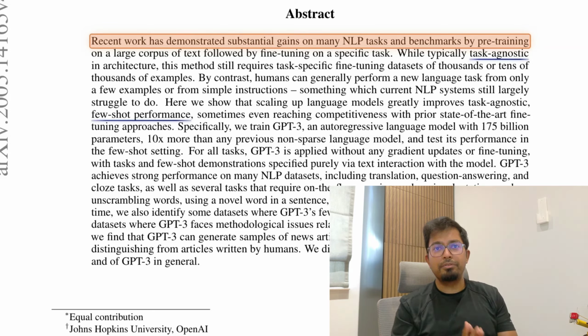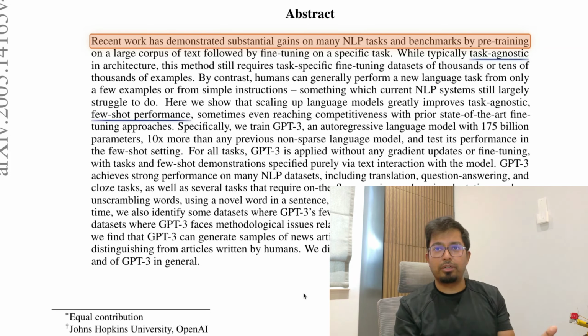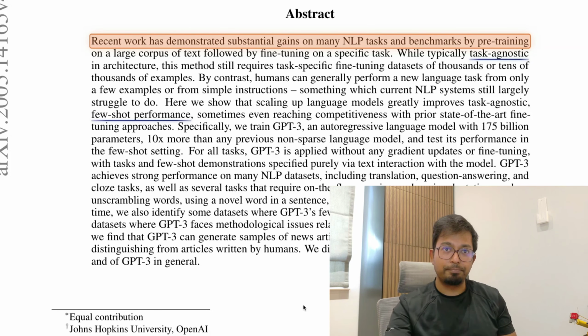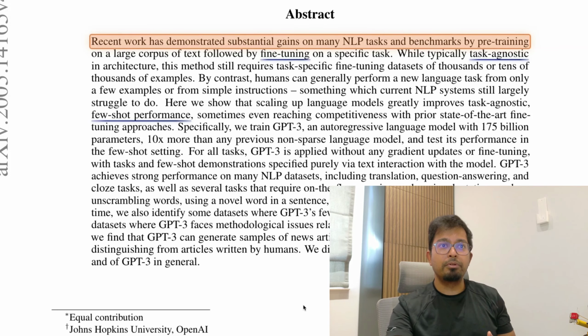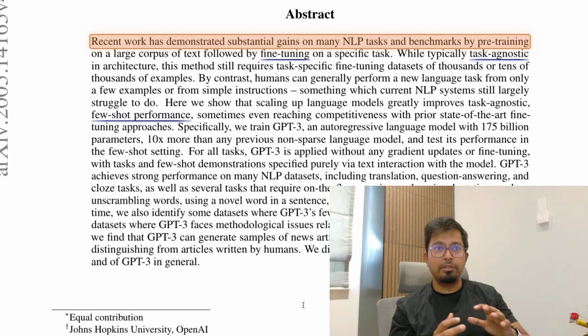Now you can understand this is very similar to how humans learn. Think of it like showing a coworker 3 filled forms and then handing them a 4th form and saying, your turn. I didn't really retrain the coworker. We just showed examples in context. That is the few shot setup, and what we measure is few shot performance. Now for zero shot, it is 0 examples, only a natural language instruction, and one shot is 1 example.